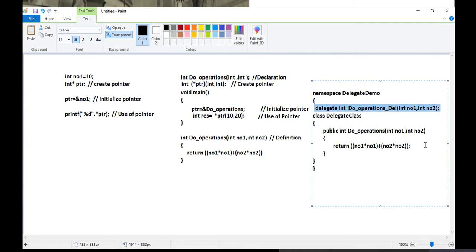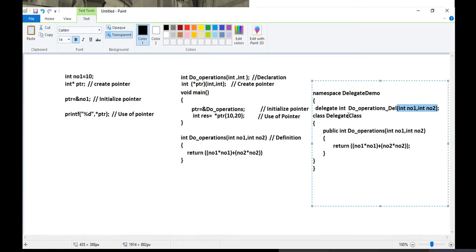Like I told you, when you write a method, for a method return type is important and signature is important. So when you create a delegate for the method, you will write the return type as it is and the signature as it is. So what are the two things remaining now?